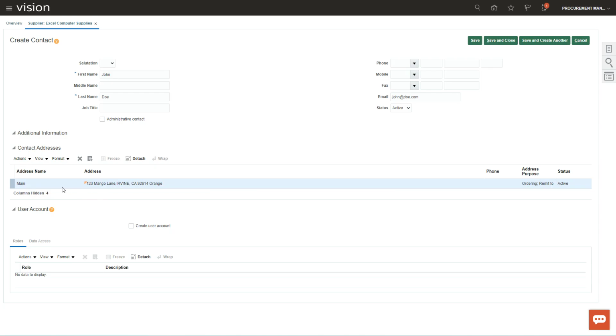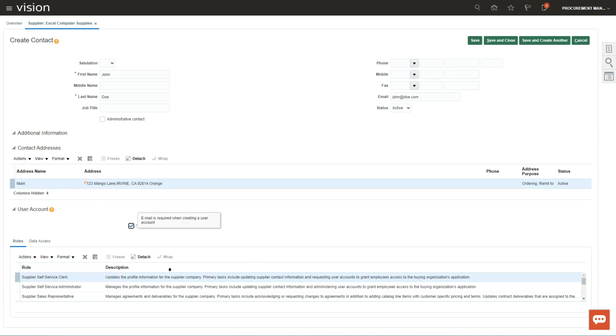So this supplier contact works out of this location. And if I create a user account, it's going to create a supplier user for this. This assumes that you have the supplier portal functionality enabled. Okay, we'll go to that in a little bit.